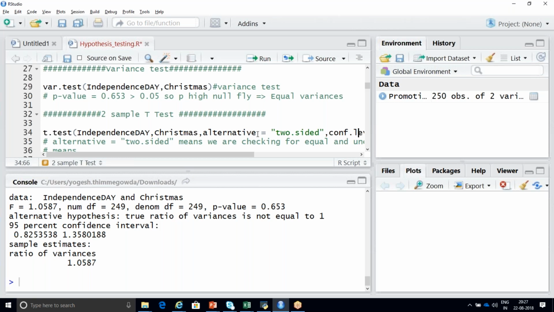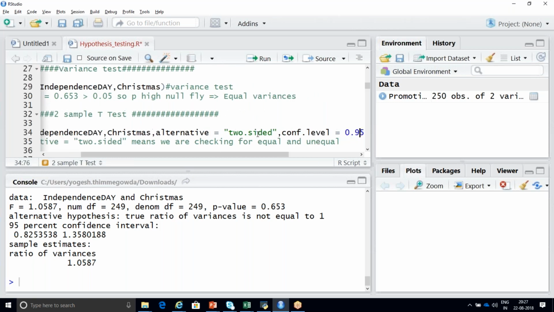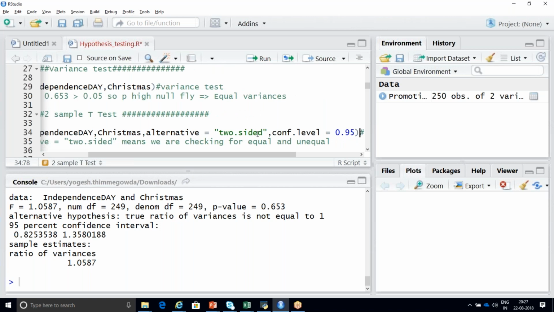And here I'm specifying my confidence level. I'm going to give it as a 95% confidence interval, 0.95. If you want to make it a 99% confidence interval, you should write 0.99. If you want a 90% confidence interval, you should write 0.90.